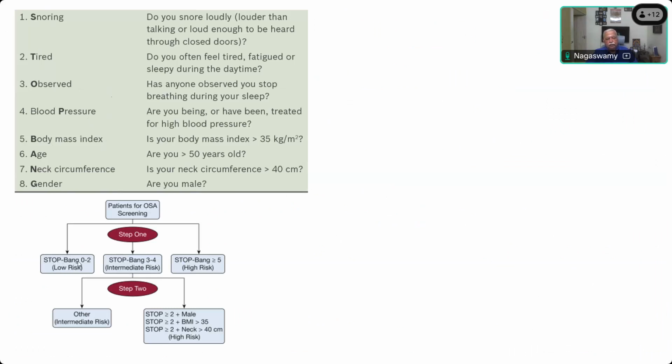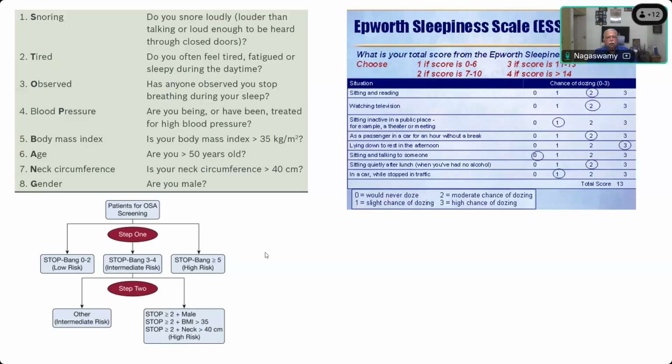But again, in the post-op, you have to make sure that you don't sedate them or give too many narcotics. And in the intermediate risk case, you look at whether they have additional problems, whether they are male, BMI, neck circumference, and then see whether they have a high risk. If they have high risk, then go for polysomnography and assess the severity by observing how many episodes of